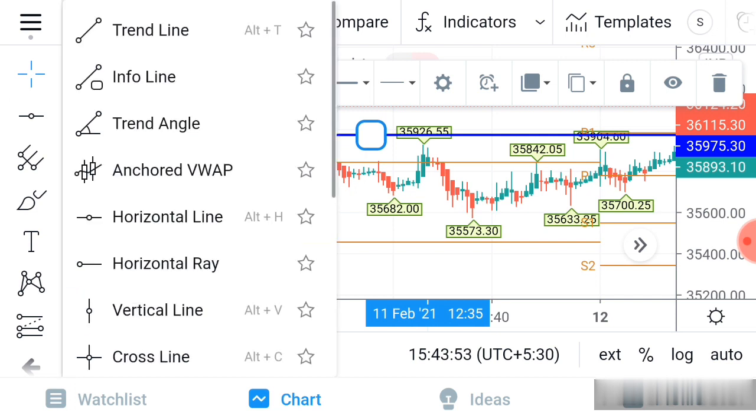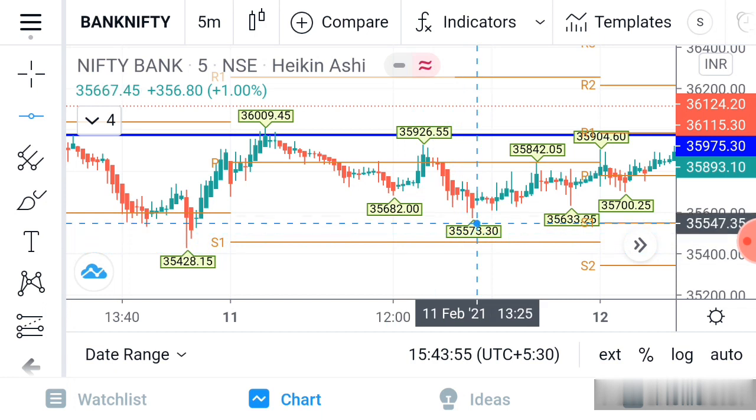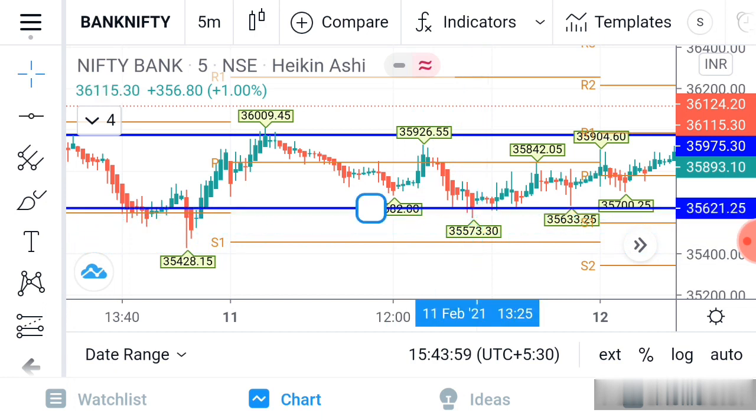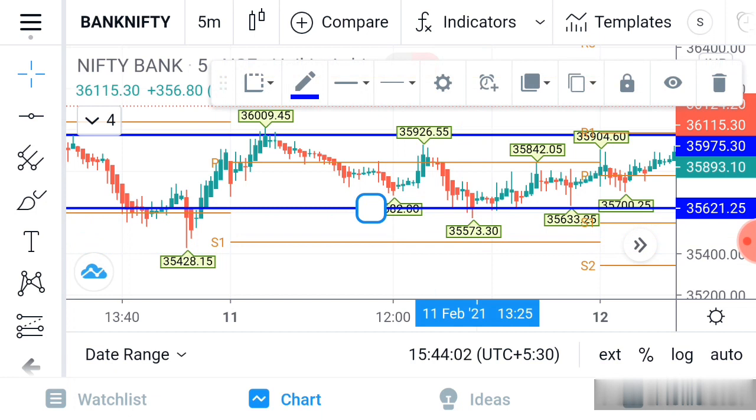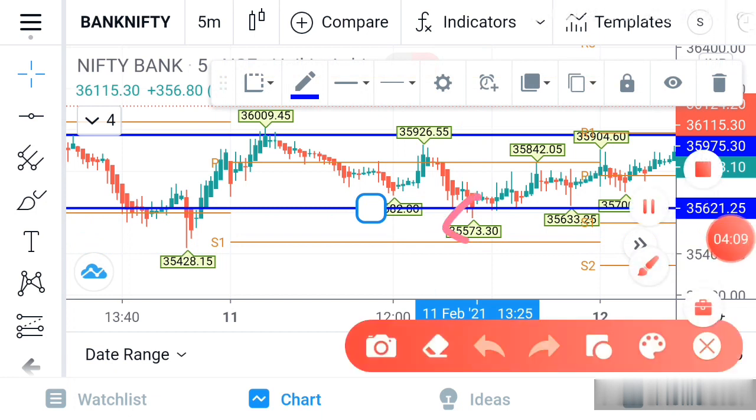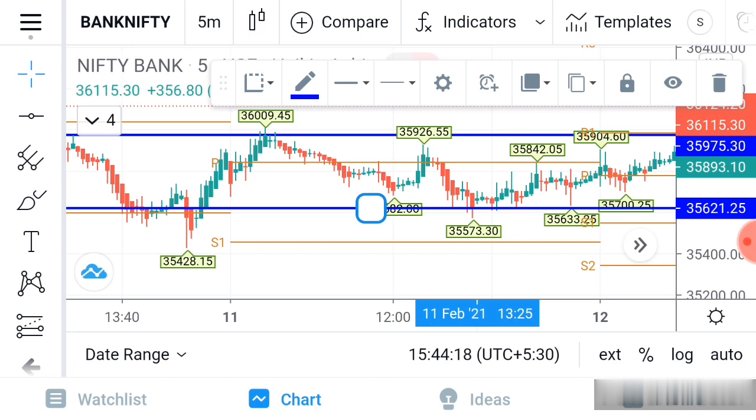Again we have to go to the horizontal line, and we have to identify which is the low area of 11th February. Here you can see there is the 11th February low area. This is the low area, and I am marking only the body of the candle, not the wick of the candle. So high and low we have to identify first. Then the second thing is that once you identify high and low, we have to mark it in the same color, so that it will be helpful for you when you are doing nested trading. If you give the same color, we know this is a high breakout or a low breakout.